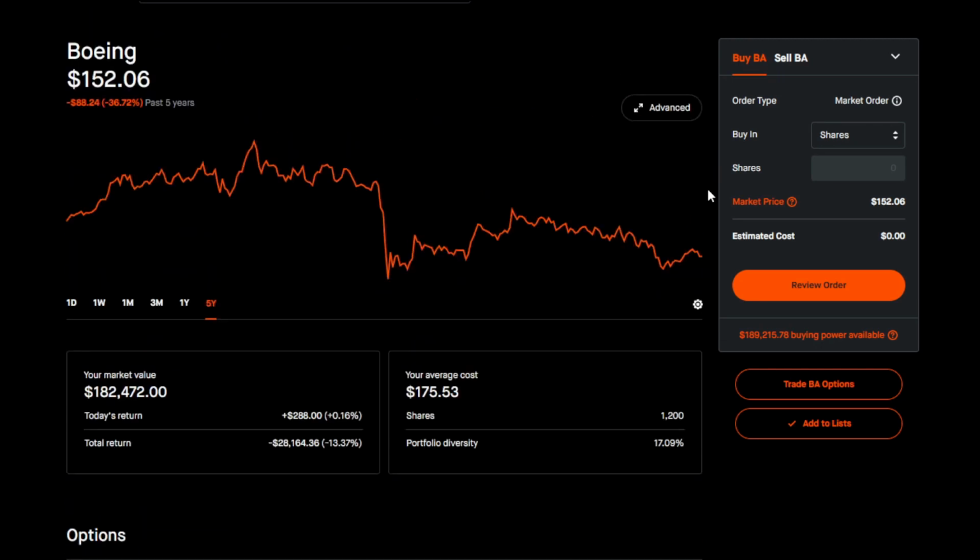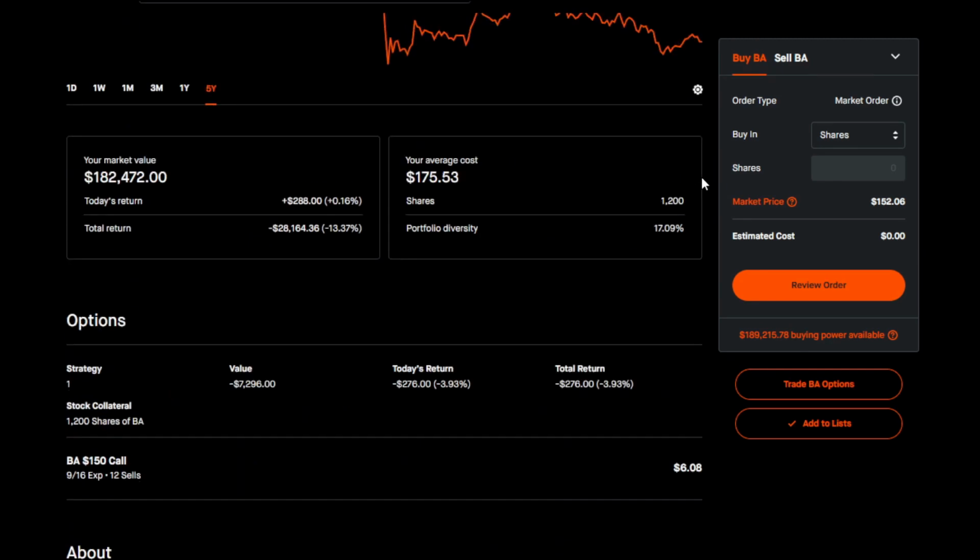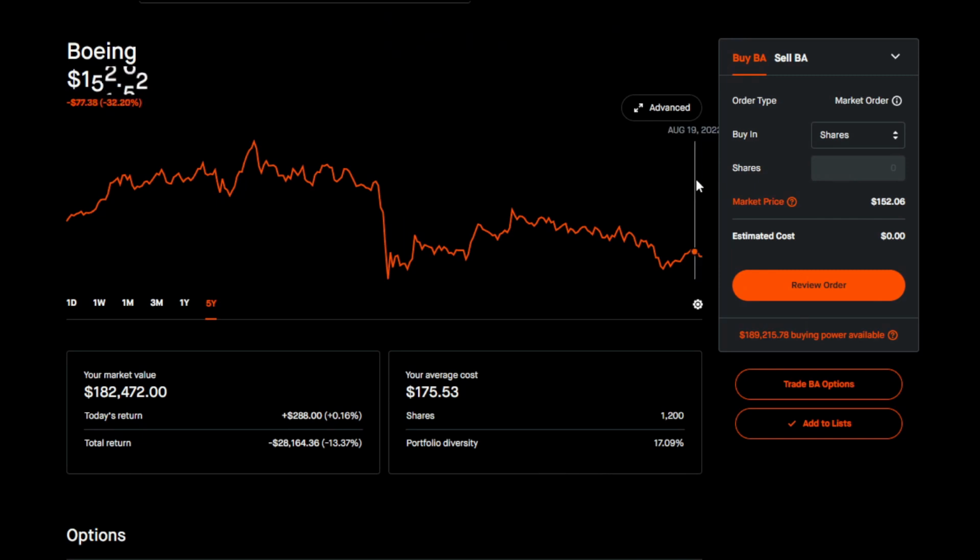A blue chip stock, Boeing, for example. It's not going to go away for a long time. This is a buy and hold stock that you have in the portfolio, but you don't mind necessarily selling off at a particular price. The other thing to do is when you do select the stock, which contract should you